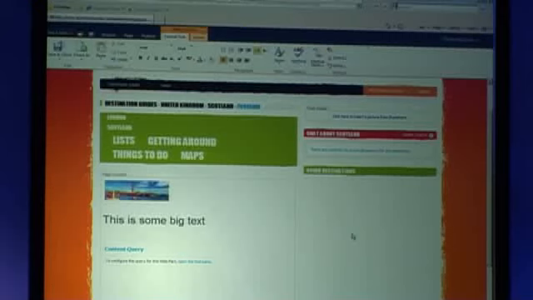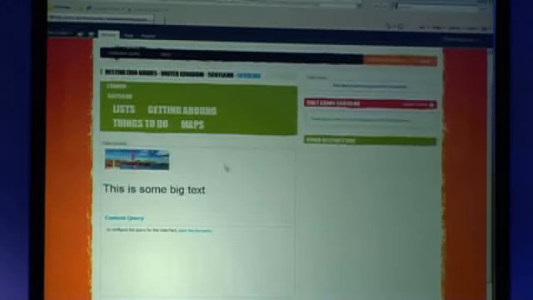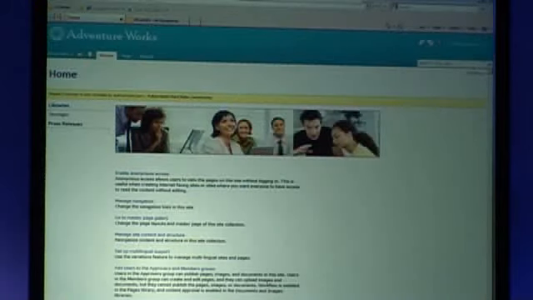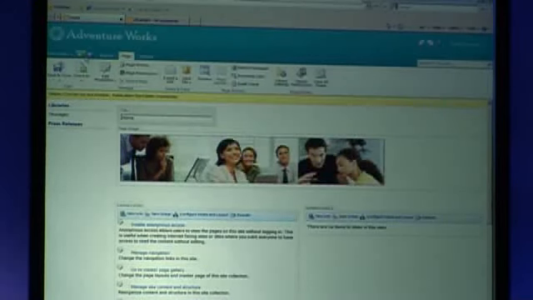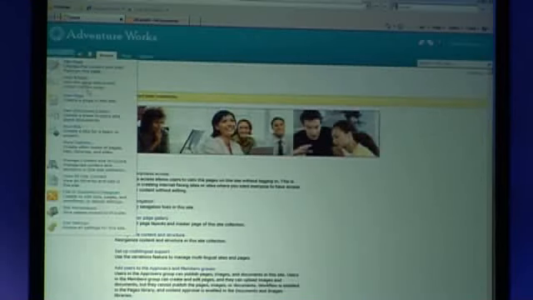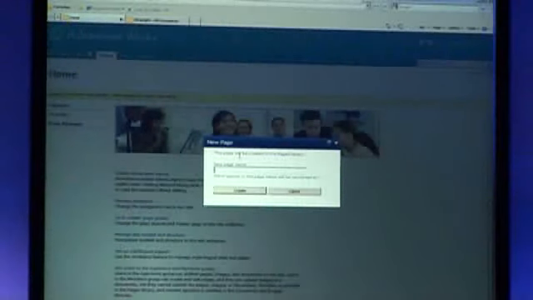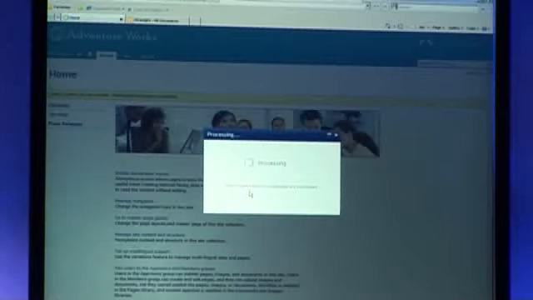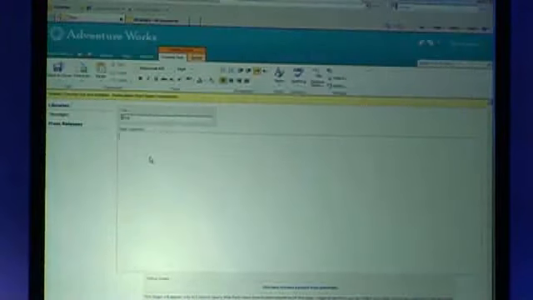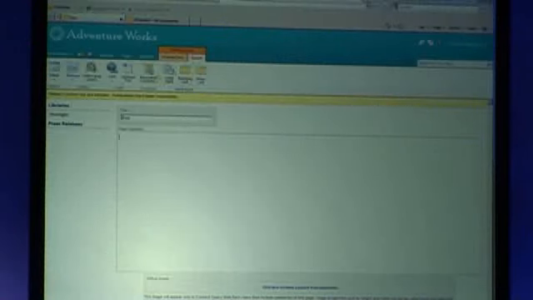Now, there's an issue in this site where I can't show you web part editor panes, which I need to do to show you the content query web part. So I'm going to switch to an out-of-the-box AdventureWorks site. We'll create a new page here and add a couple of web parts. Okay, so if I add a web part into this zone here,